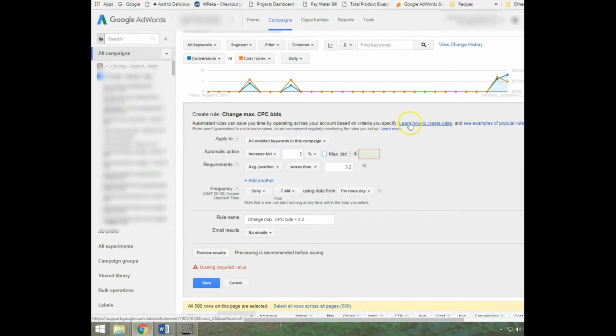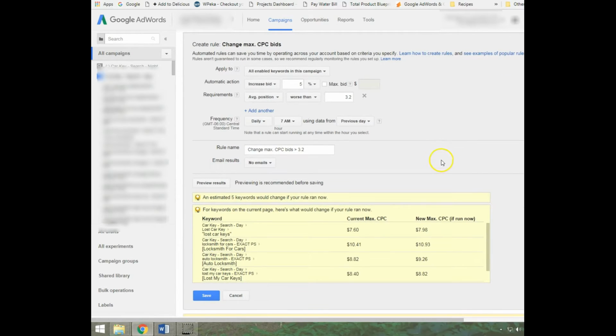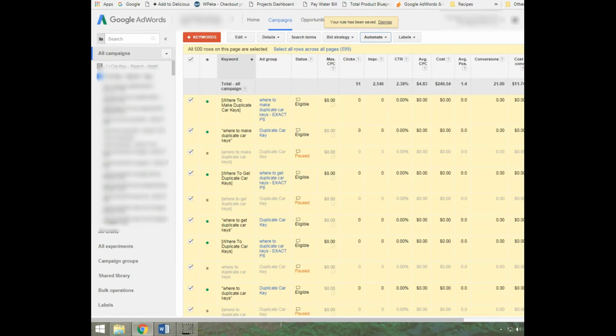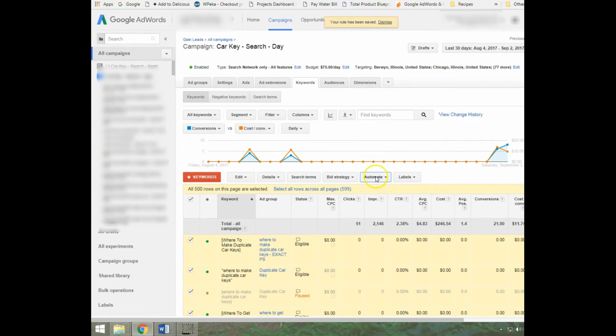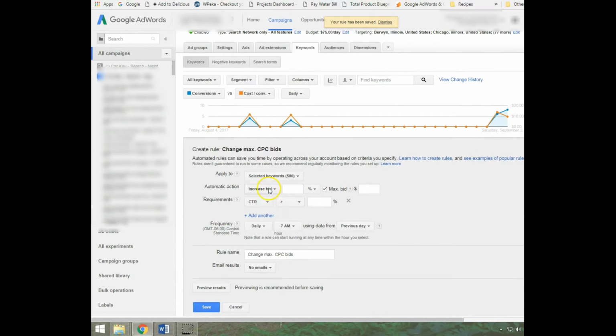And we'll just preview the results, and you can see for this keyword, it would have raised the bid from 760 to 798 if it runs now. So I'm going to save it, and now I'm going to set up another rule, and this time I'm going to decrease the bid 5%